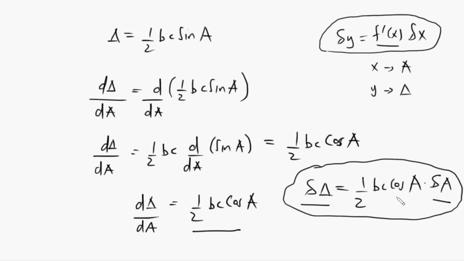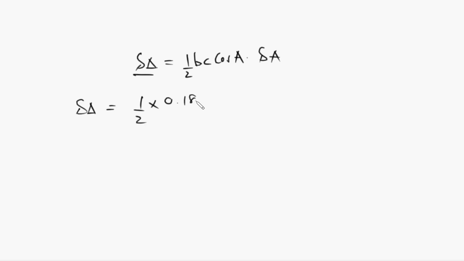So here nacheza hapo sasa. I have this delta area is just equal to 1/2 BC cos A times delta A. So kila kitu nacho, I can just get this one. So the error in the area is just going to be 1/2 times, this is just 0.18 meters times 0.25 meters times,